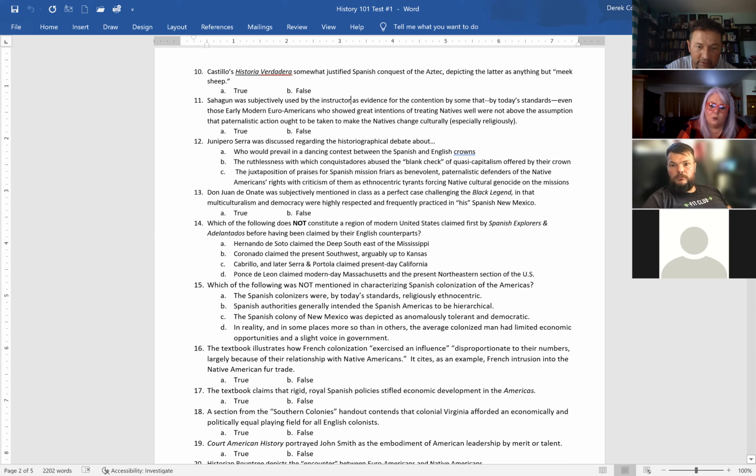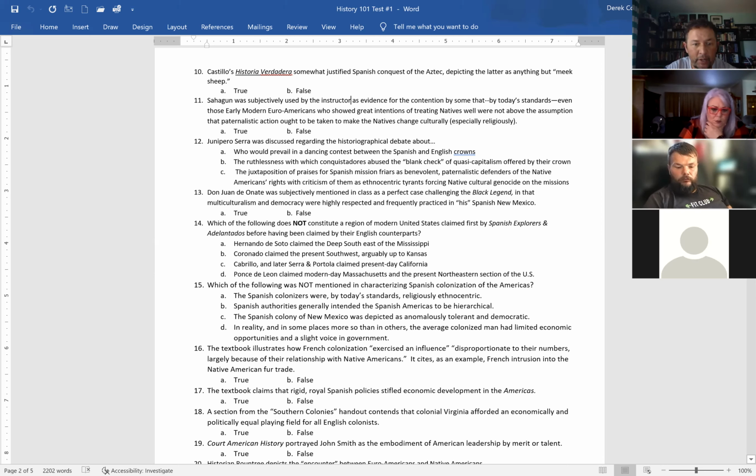But the for worse part contended that you still had a large advantage, a leg up, if you already had money and connections, capital, etc. Remember the headright system? You'd be offered 50, in some cases in Maryland, up to 200 acres for every servant that you brought over. So they got a huge advantage, right? And then the allocation of lands in the Tidewater region of Virginia, those who were well connected got the best land right off the bat. So I wouldn't go that far as I contend on number 18,